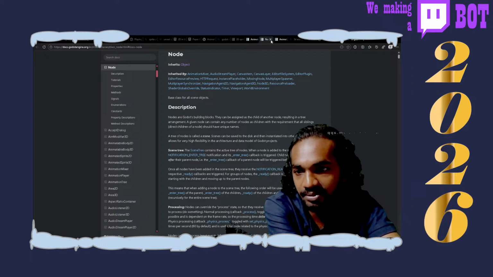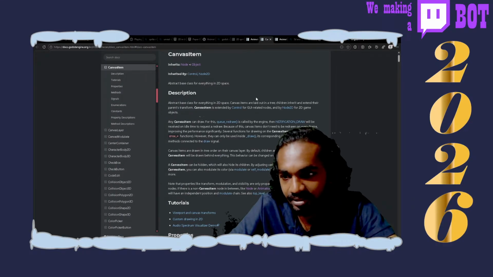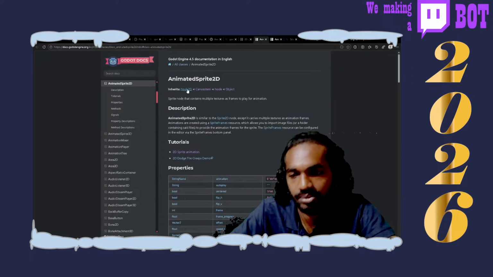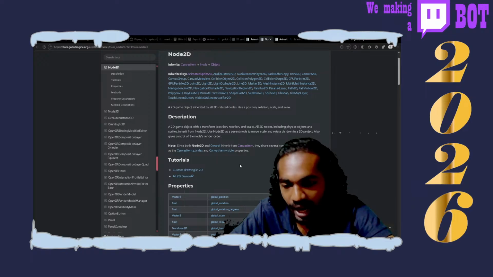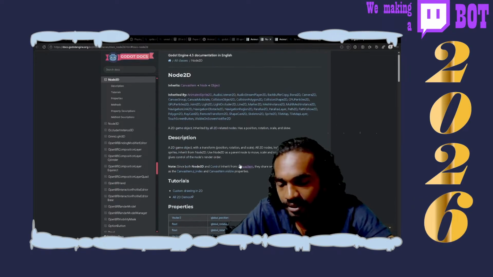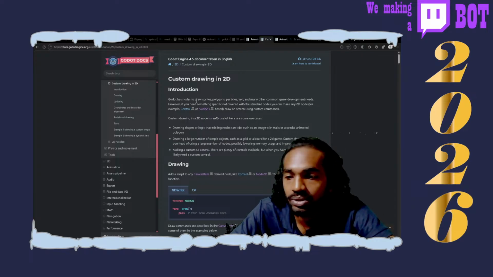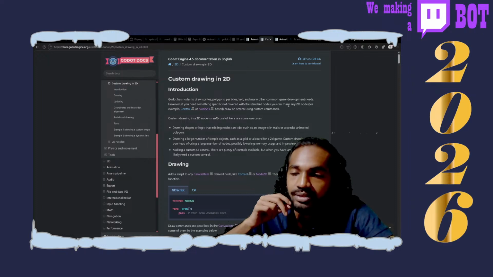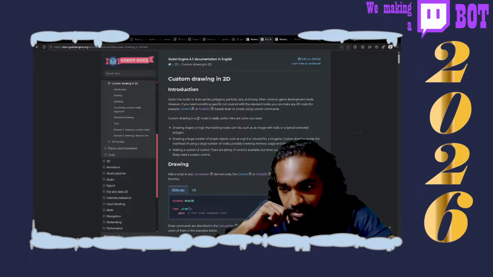Before that, canvas item. Animated sprite 2D is part of the canvas item, right? Everything in the 2D space. And Node 2D is how Godot gets to custom drawing in 2D. Oh, that's a tutorial. Nice. Godot has nodes to draw sprites, polygons, particle types, and many other common game development needs. However, if you need something specific not covered with standard nodes, you can make any 2D node. For example, control node is